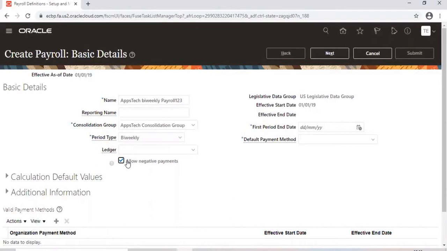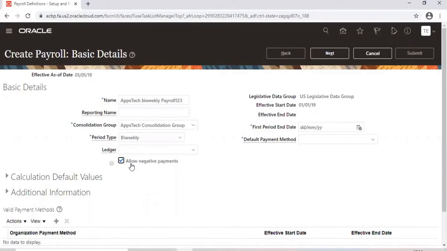But for now, just remember that if you enable this checkbox, the system allows these negative payments to be processed to prepayments. Otherwise, if you don't enable it, when you run the payroll, all employee salaries will be processed. But when you run the prepayment process, whoever got a negative net salary, their salaries will not be processed. Not payroll, the prepayments will not be processed. We will talk about what prepayment is and what it does.